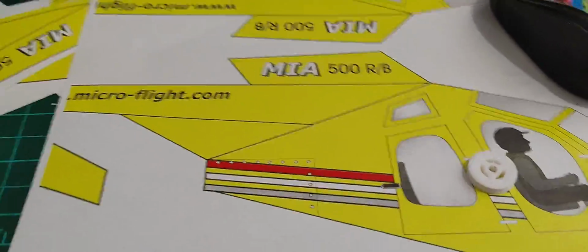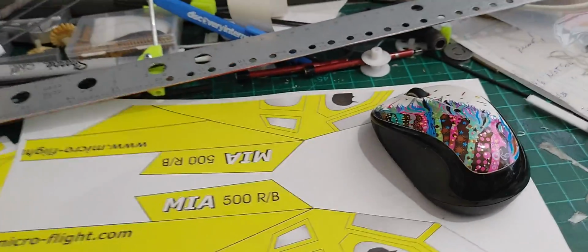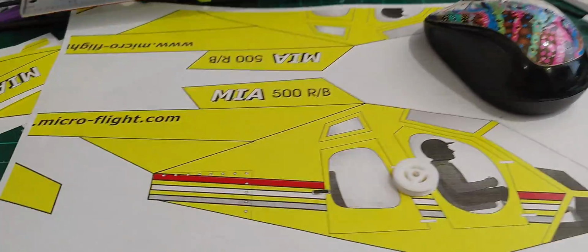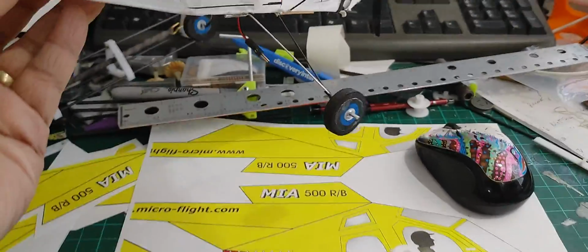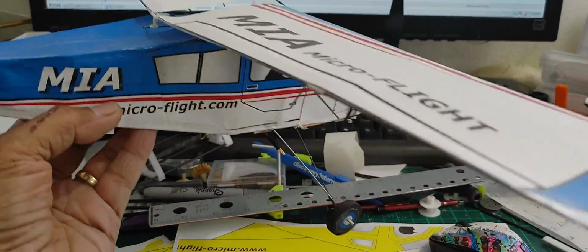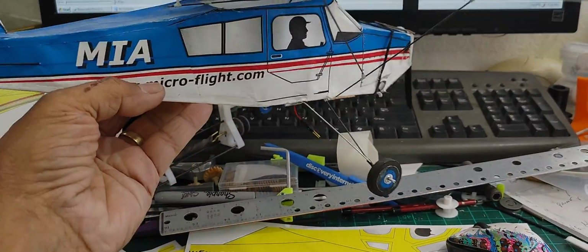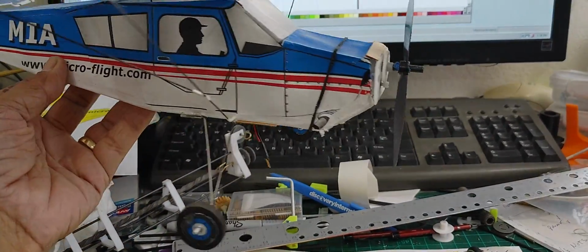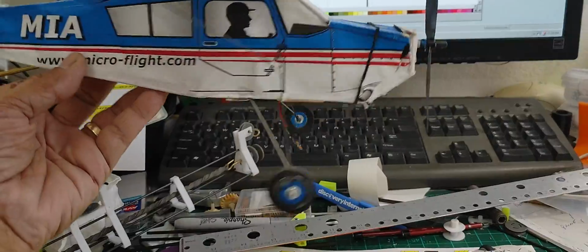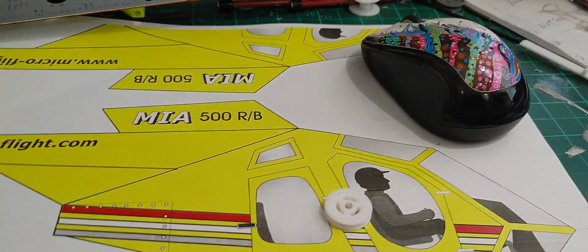And so what you're looking at here is the printouts. I can only print this on regular paper. And just to give you an idea of what I'm after, I'm after something like this. You can see this airplane I did the same way, and these are airplanes that are done with printed paper, very lightweight structures. And this is actually an electric one-cell operated radio control model that you see here. And so I plan on doing something similar to these guys here, but first I'm going to run it as